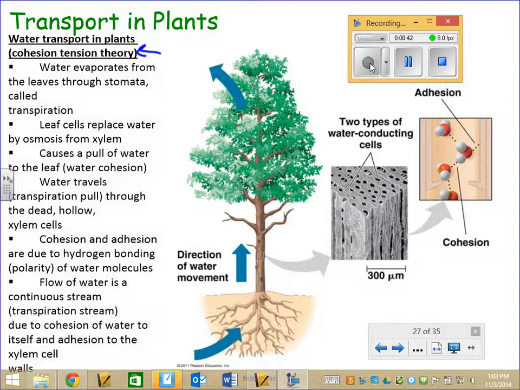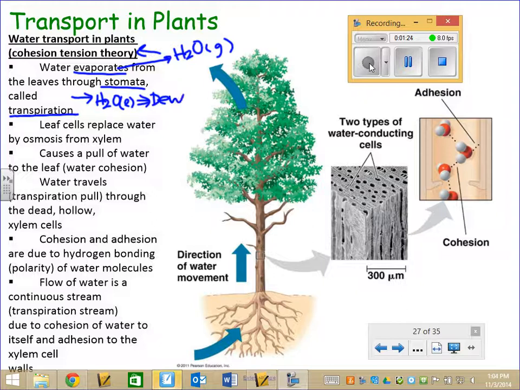So the first point says that water evaporates from the leaves through the stomata, and that this process is called transpiration. And so I just want to remind you that if water is evaporating, it is a gas, not a liquid anymore. And so if water is leaving the leaf not in gas form, we wouldn't call it transpiration or evaporation. If the water is a liquid,